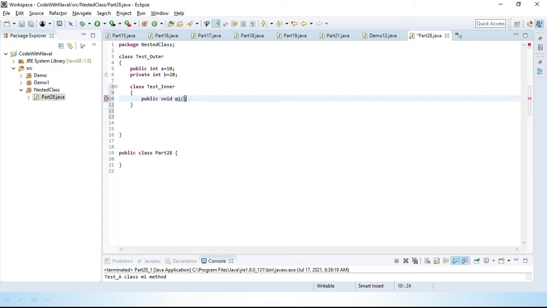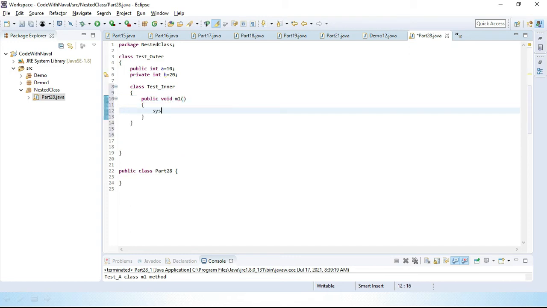This is the m1 method, and let's print here System.out.println("This is inner class m1 method"). Okay, let's save this.